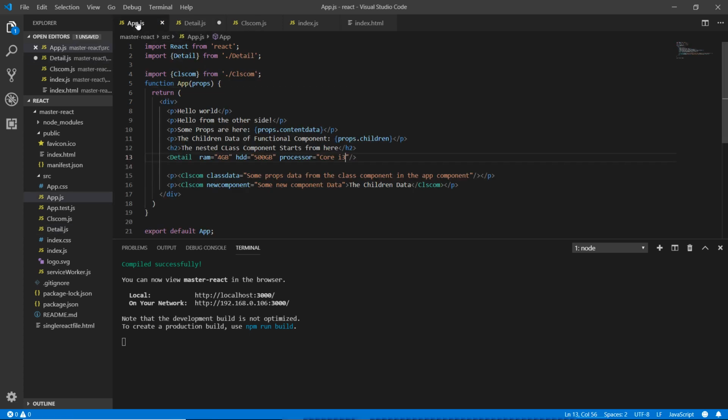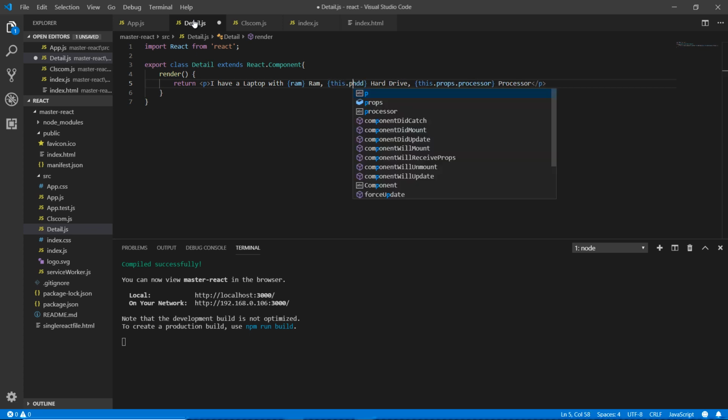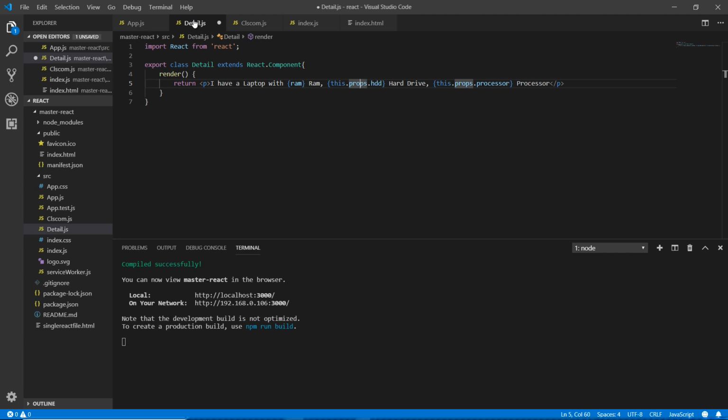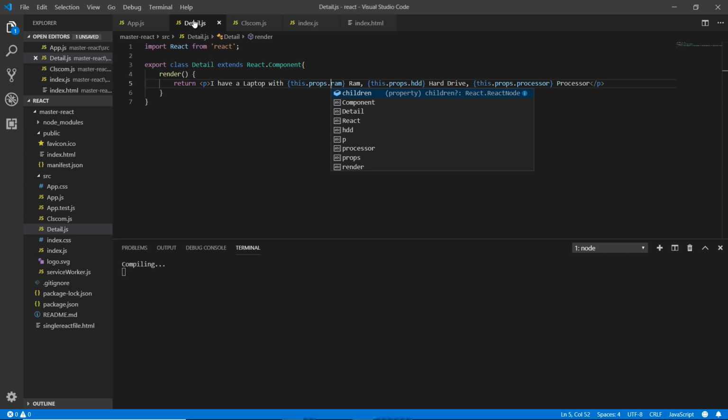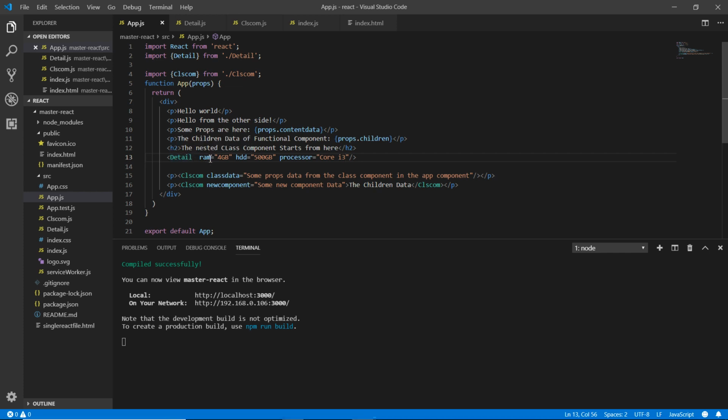I need to double check the spelling of the processor. Okay, the spelling of the processor is PROCESSOR, and here this dot props dot HDD, now the RAM, this dot props dot RAM, saving it, and it is absolutely fine. This is props dot RAM, this is props dot HDD, this dot props dot processor. Now here you can see that in the detail we are actually receiving all of the data